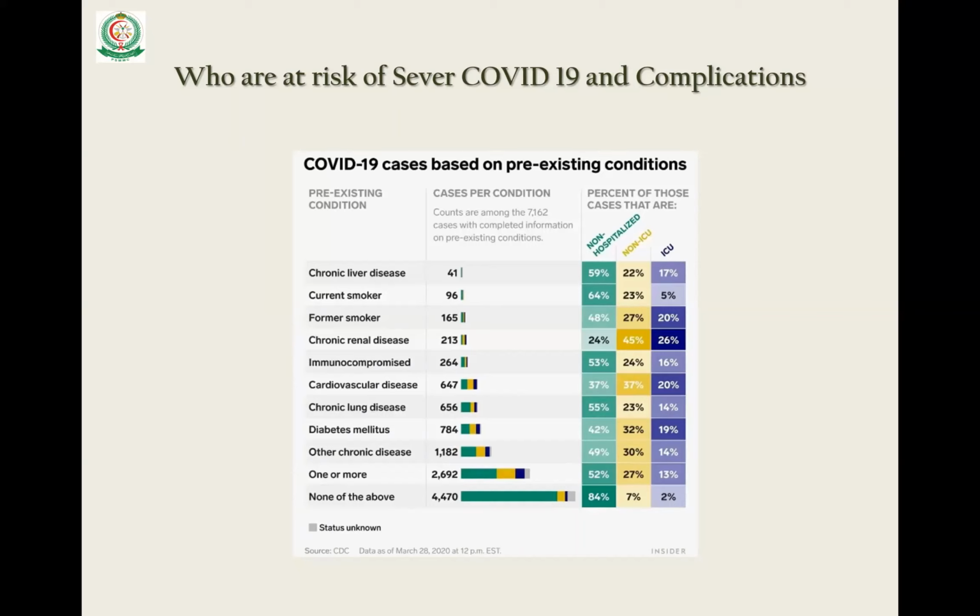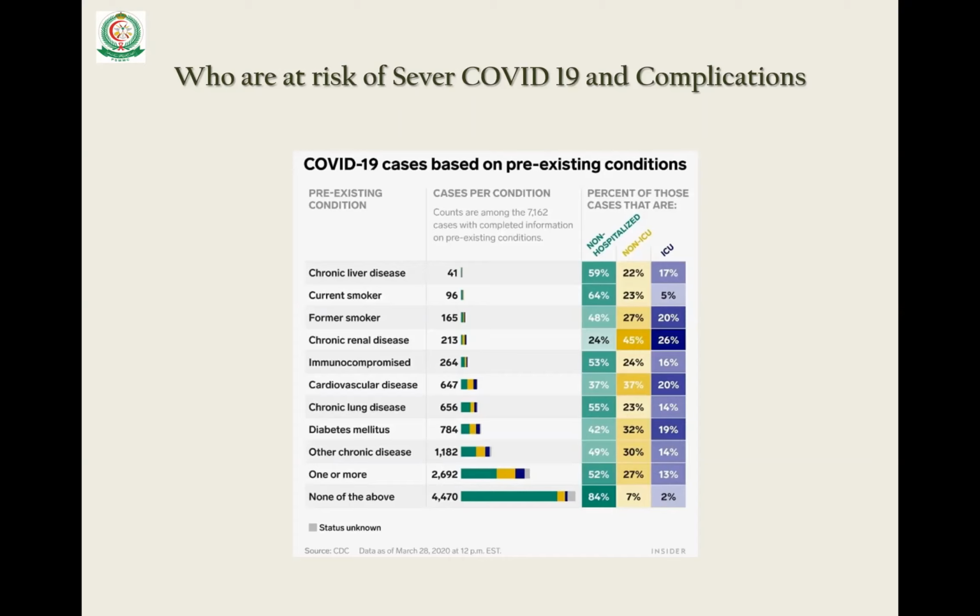The yellow column indicates those who had infection with ward hospital admission, and the purple color indicates those who required ICU admission. So by focusing on the comorbidities, we will observe that the majority of them, around 784,